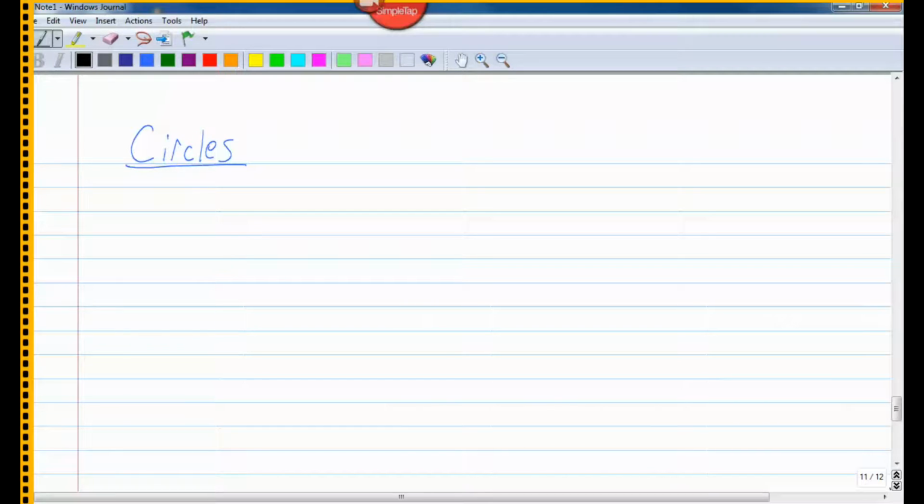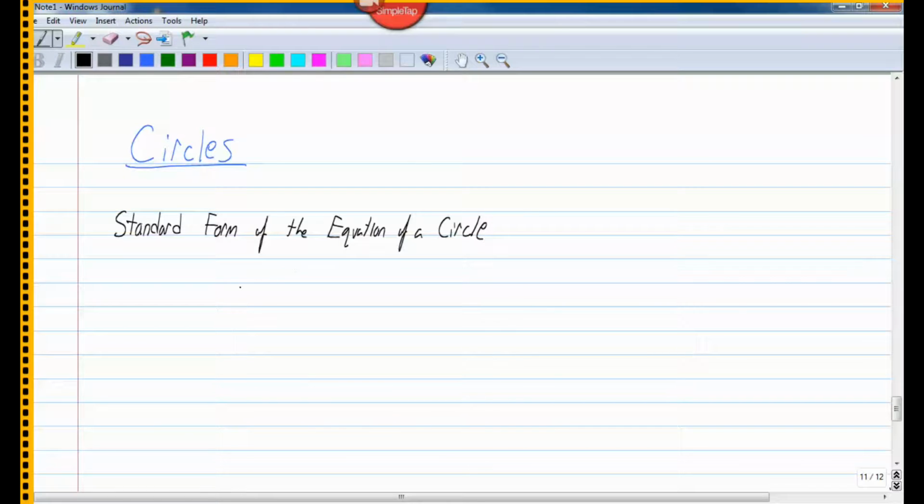The general form of the equation of a circle is a little confusing at times, because the general form really doesn't give you a lot of information that you can see and apply to a graph or write down the important parts of a circle. So usually what we put a circle in is called standard form. All right. The standard form of the equation of a circle is